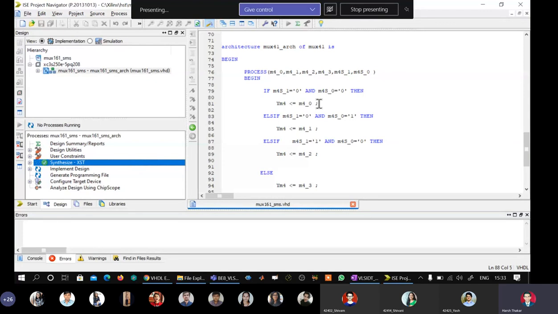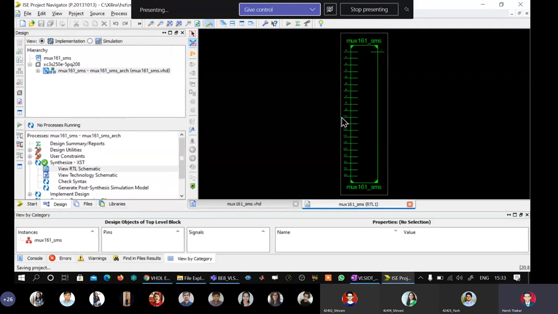Actually, you cannot use concatenation. You have to use and only. We are through now. Let us see what is the schematic.